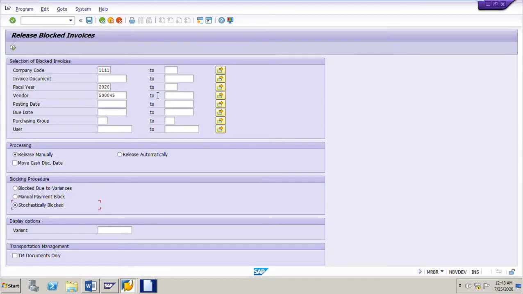I am in MRBR transaction code. I will put the selection parameters company code, fiscal year, and this vendor 5000545. I will select release manually. I will select release blocked due to variances, and I will select some variant here, /SCM 515, and I will click execute.